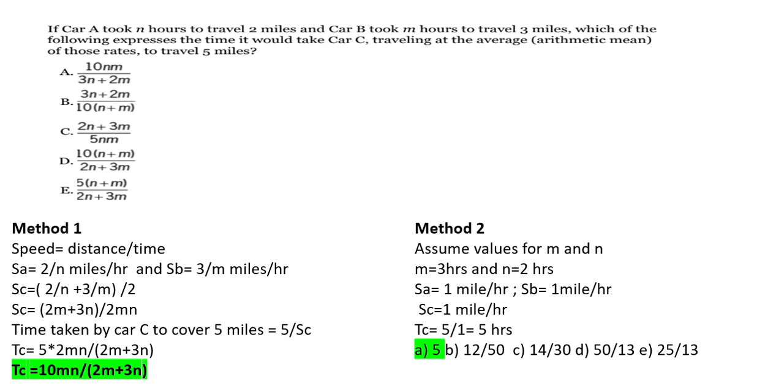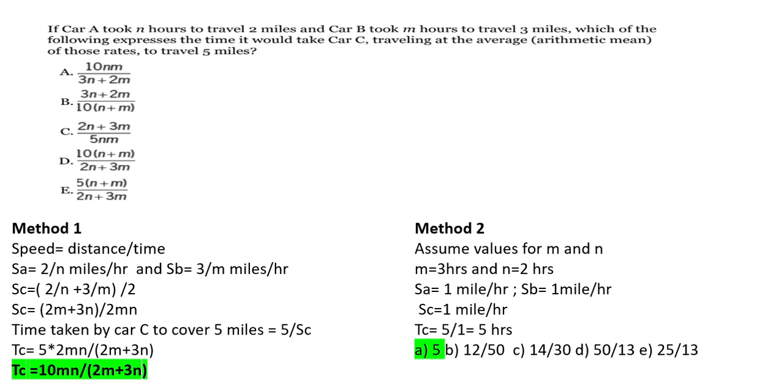So we substitute the value of SC in this equation. The time taken by car C, which is TC, is nothing but 5 divided by this. So the denominator will come up. So it is 5 into 2mn divided by 2m plus 3n, or 10mn divided by 2m plus 3n,